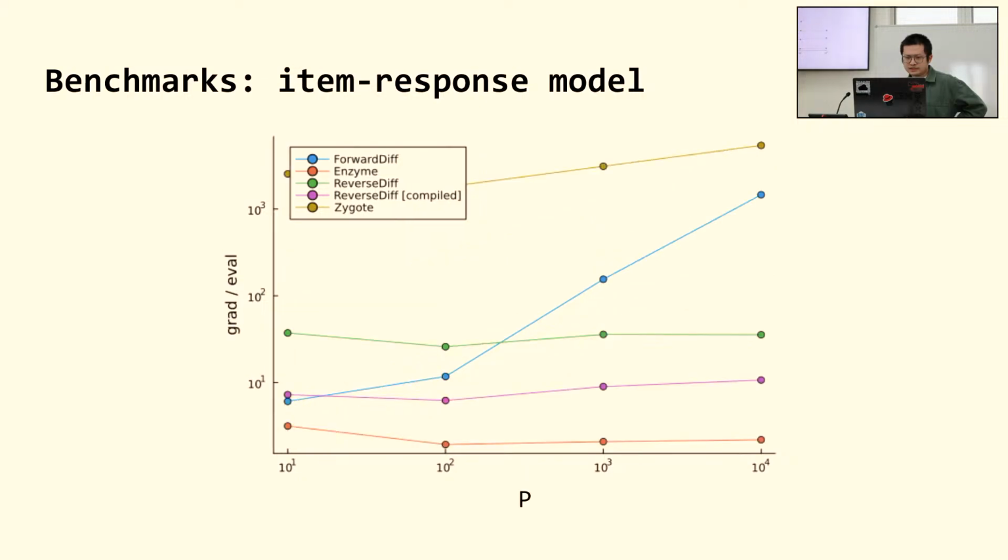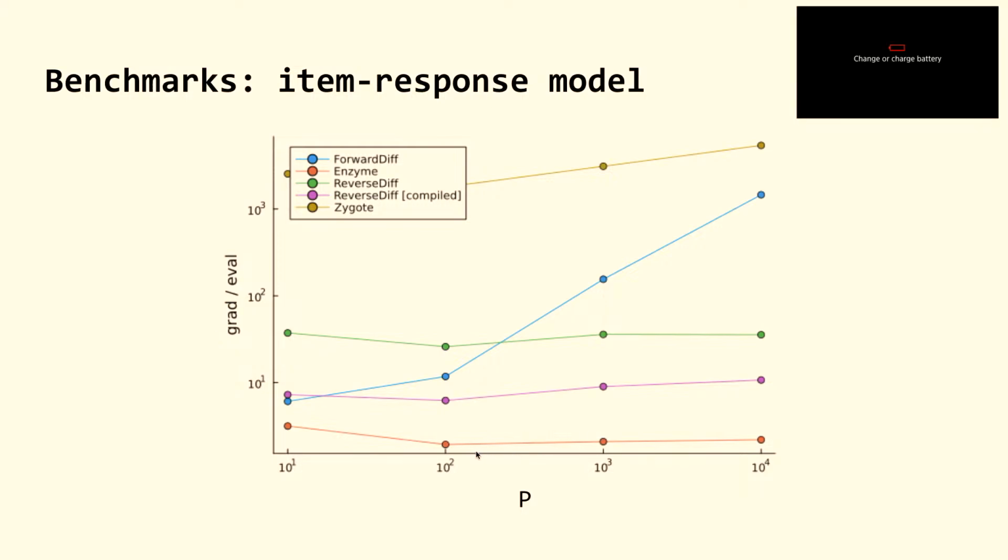So again, this is the same result, but what we're plotting is the ratio of gradient computation versus only the forward evaluation. As you can see, most of